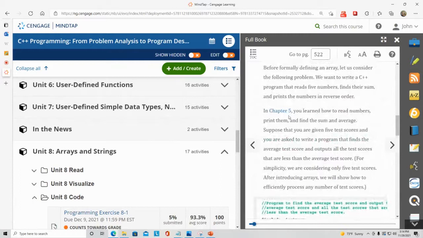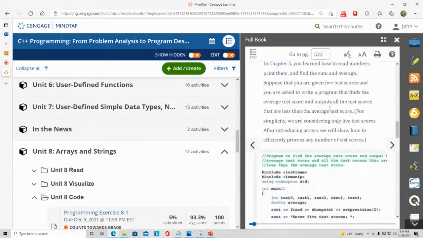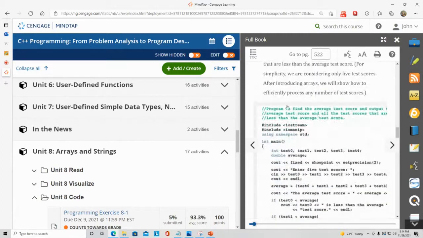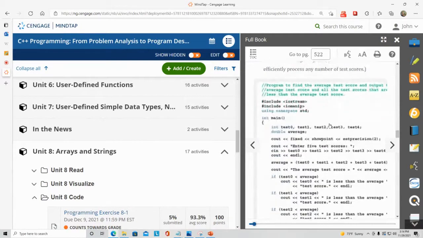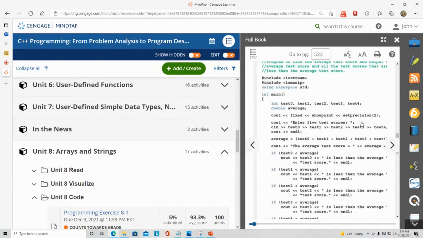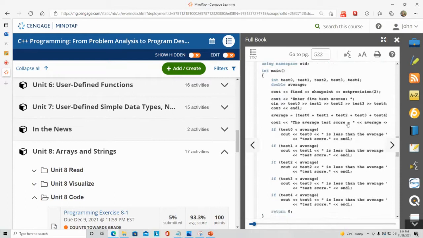They said this is chapter 5. In chapter 5, you learned how to read numbers, print them, and find the sum and average. Okay, so this is a program we did. We literally declared 5 variables and another variable for average. Then we did the little set precision to make 2. Then we said enter 5 test scores, test 0, test 1, test 2, 3, 4, right? So they're going boom, boom, boom, boom, boom. Once we get all that, we're saying average equals test 0 plus test 1 plus test 2 plus test 3 plus test 4. And then divide by